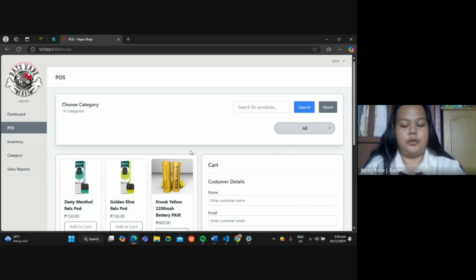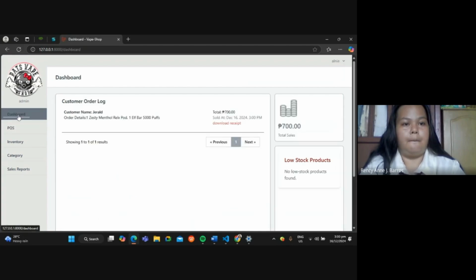The ninth functionality is the download receipt functionality. Access the order log in the dashboard and click the download receipt button.